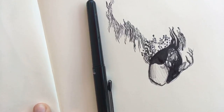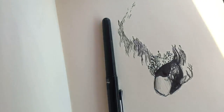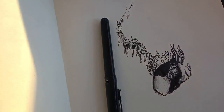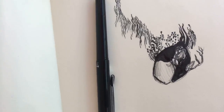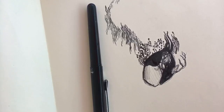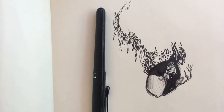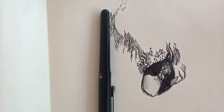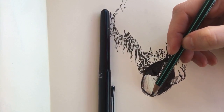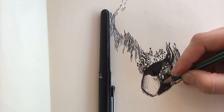Let me see what if I do it like that? Is that better? Oops. Yeah. It still feels slightly distorted. It's kind of strange. It's maybe a little better. All right. So, kind of like how that gray line was working. So maybe